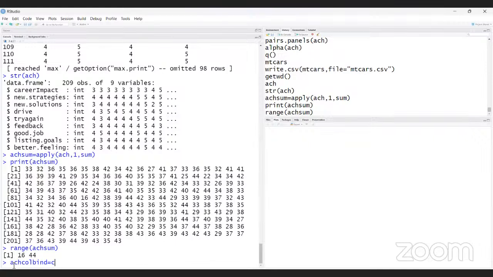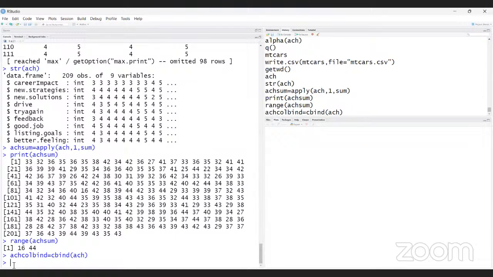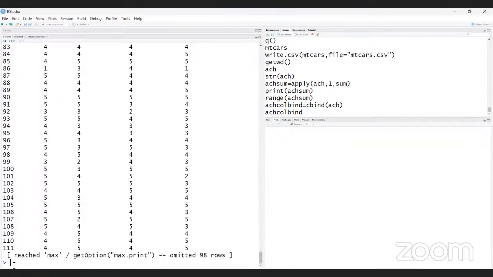So I'm writing C bind, bracket H. C bind means column bind. R bind means row bind. So my intention is to find out the column bind. So H col bind is the vector. If I write down H col bind, I will get all the data.